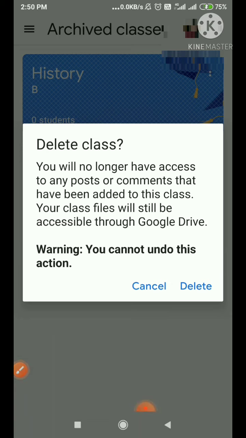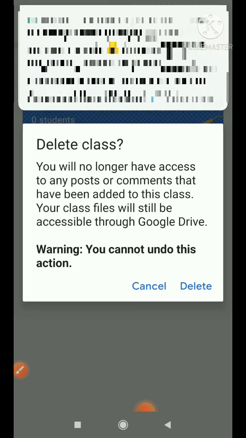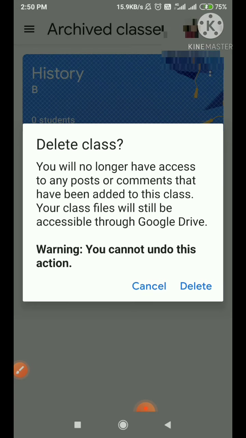You will no longer have access to any posts or comments that have been added to this class. Your class files will still be accessible through Google Drive, which means you will have all the files, but you will not be able to post anything, or have any access, or see comments.